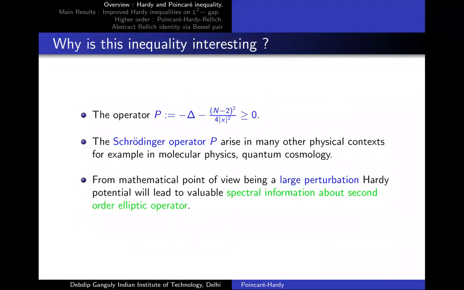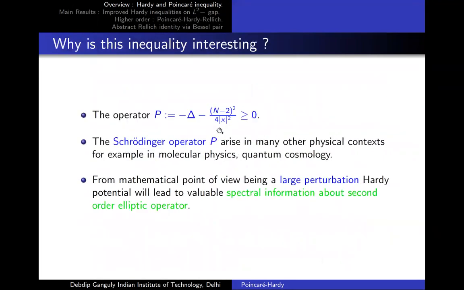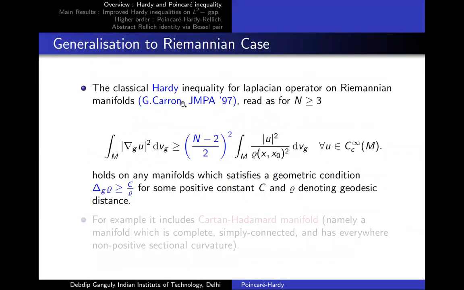That means, what I did is this is in Rn, Euclidean space. So gradient is greater than or equal to. So the next very important question is whether such an inequality holds true in a Riemannian manifold. That means a non-trivial geometry. In a non-trivial geometry, in the Jules Caron in